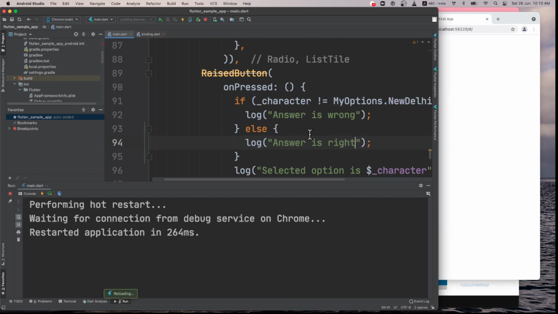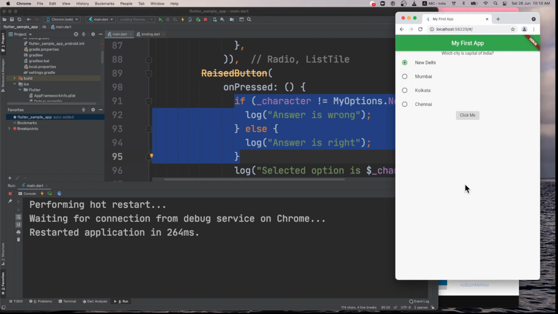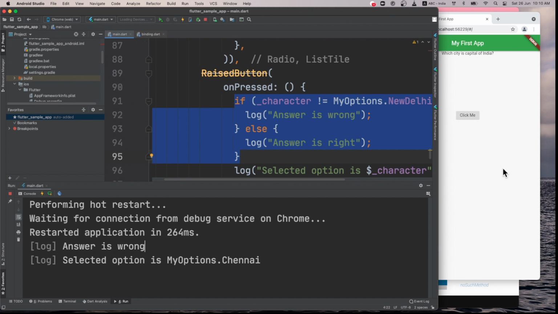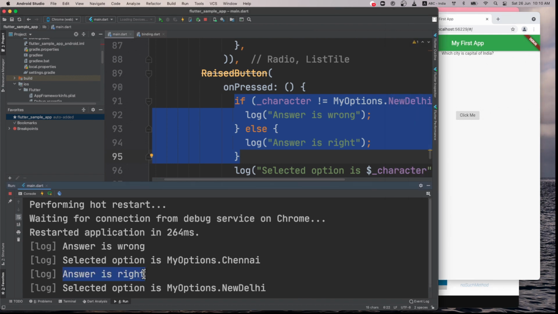Right. So this is the logic that you are putting, and we call it business logic. Rest everything is UI manipulation. So I click on Chennai, and it says answer is wrong. And if I select New Delhi and click, it says answer is right.